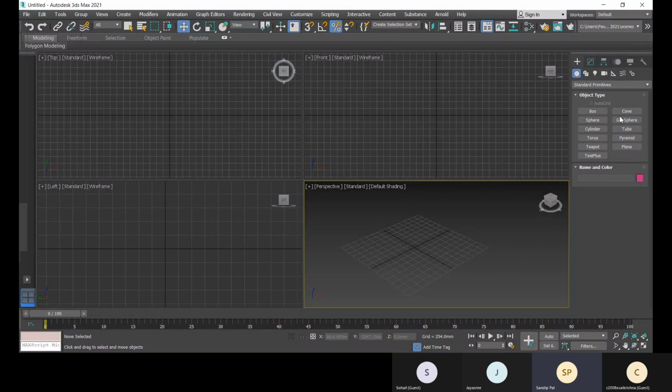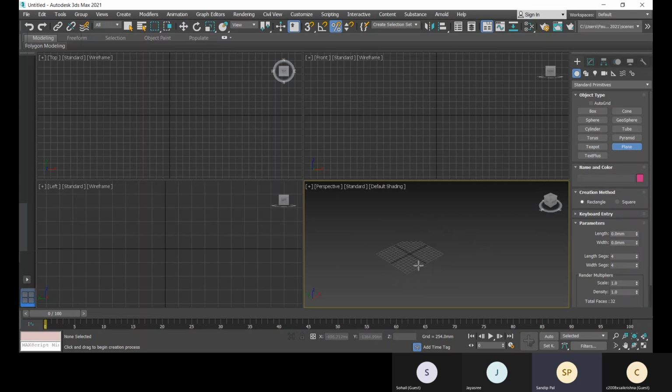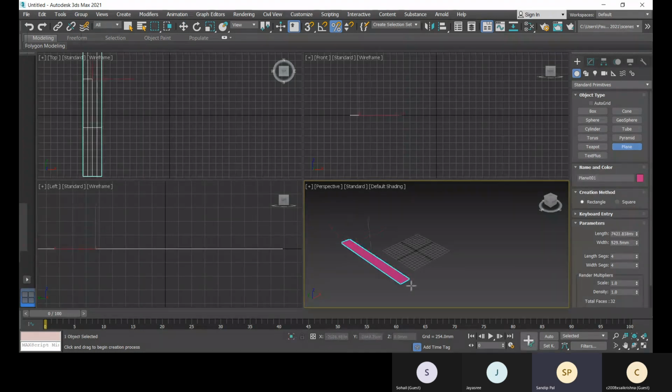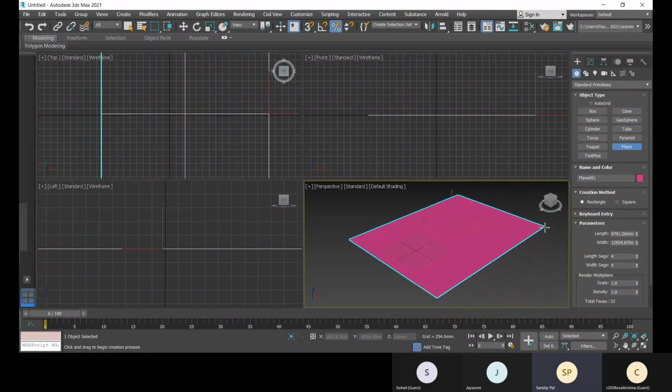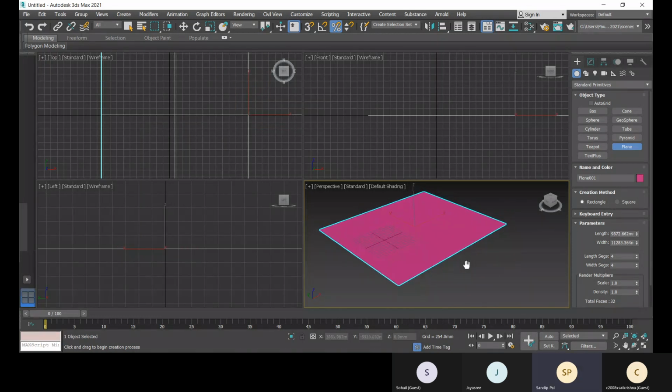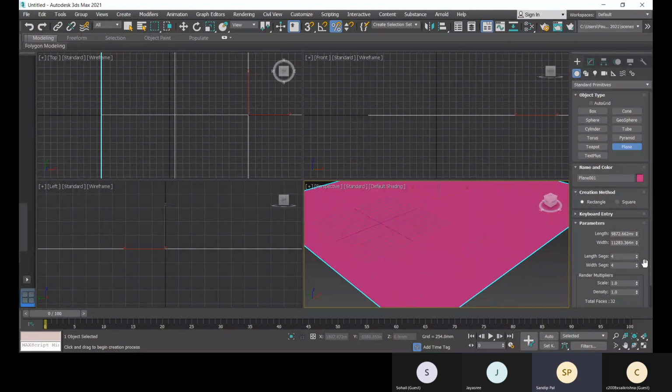And your modeling tools come under standard primitives. Now plane is there. Plane is like a paper that doesn't have any height. It only has length and width. And you can provide segments as well.